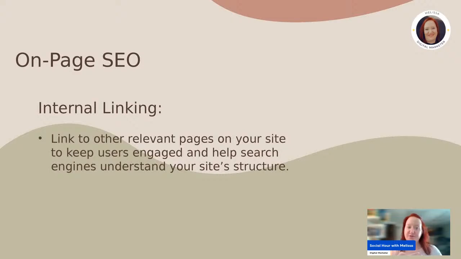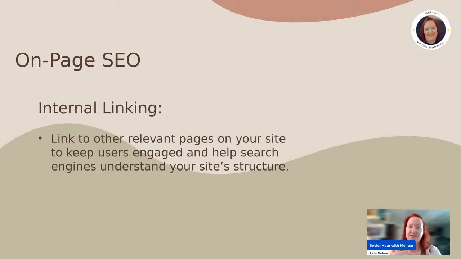And then you're using internal linking, okay? This is where you are building the navigation within your website. You're linking from other relevant pages on your site to each other so that it helps your users engage and search your website, building your site's structure.